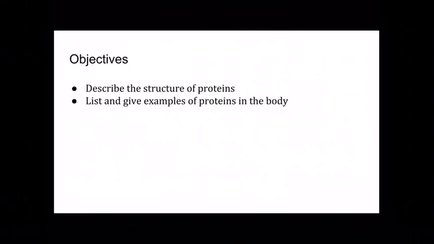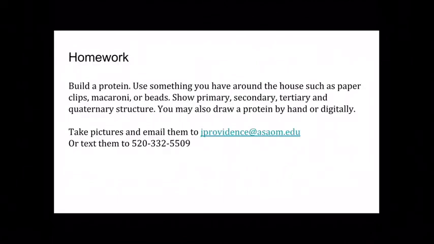So that's the structure of proteins, and we talked about examples of proteins in the body, from tendons and ligaments and all of our connective tissue, that's all proteins, but on a cellular level we have structural proteins. We also have proteins doing more enzymatic kinds of things, working as digestive enzymes or working as hormones and things like that. So what is your homework for this section?